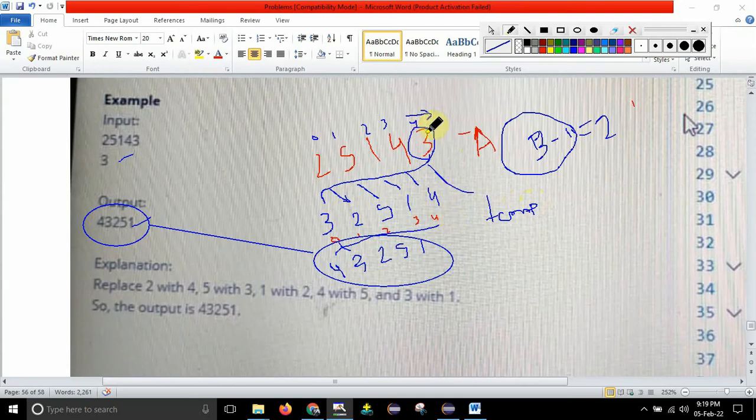So whatever 3 is there, I have already copied. So 4 I will take, that is array of 3, and I will copy it to array of I plus 1 position. Let us say the array is first pointing at this position. Okay, so array of I, that is array of 3, is equal to array of I plus 1. So array of 4 will be replaced by array of 3. That means 4 is coming over here. So after that 2 will be coming to this position.